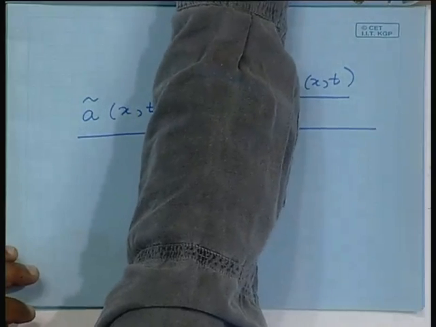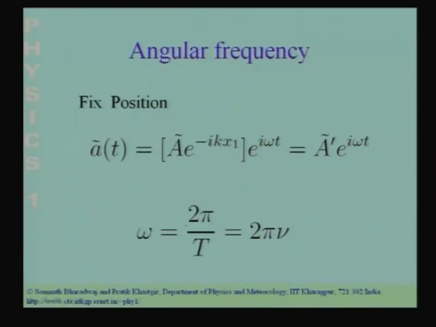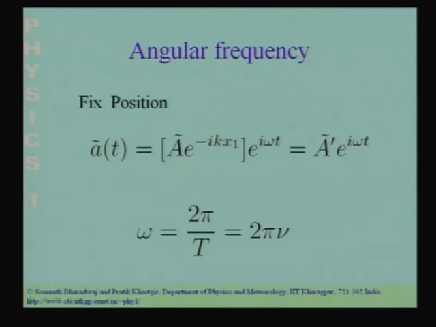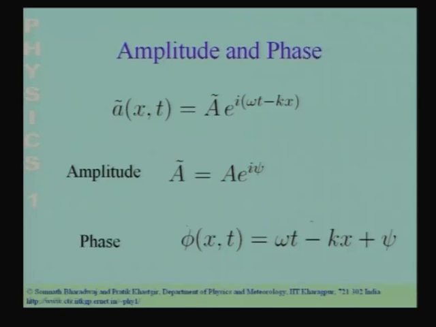With this prelude, let us go back to the question which we were asking. We are looking at the behavior of this oscillation, the behavior of this quantity A, which varies with x and t. We are looking at its behavior at a fixed value of x, at a fixed position. So, when we fix the position at, let us say, x1, A is now just a function of time. So, A now becomes a function of time alone, because we have fixed the value of x at x1.